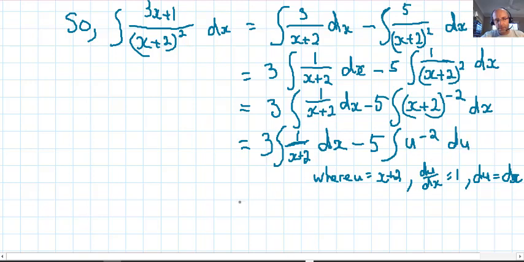Alright, so now we're looking better, and it was a simple u substitution. Let us integrate. So we have equals 3 natural log |x + 2| minus 5. Now if we integrate with respect to u here, we have to raise the power by 1 and divide by that same value, so that'll be u to the negative 1 divided by negative 1, so that would be like putting a negative 5 there, and u to the negative 1, plus c,